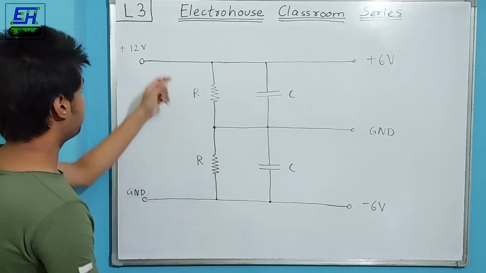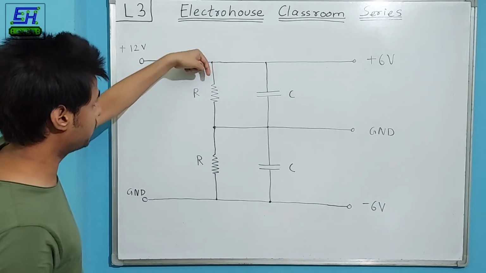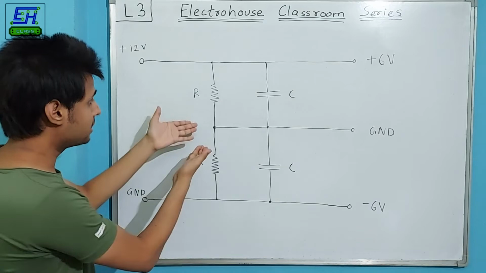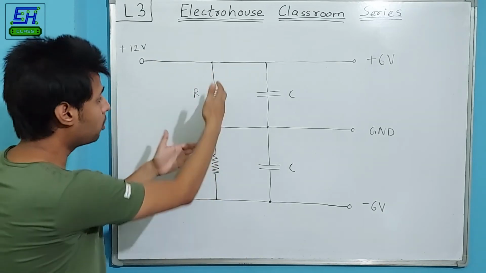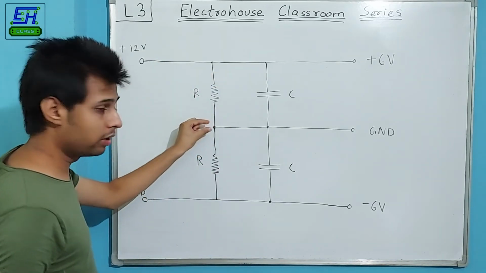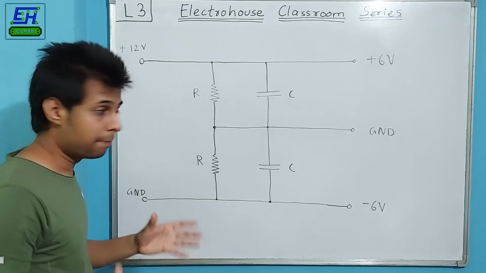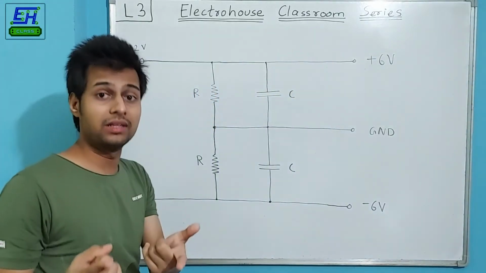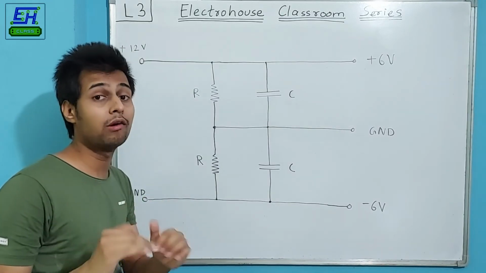And exactly how? Because the current which flows from this particular branch has to go from here, and hence they are connected in series. The same current will flow through both of them, and hence that equilibrium position is maintained. But when you connect any load, you are actually creating an imbalance,